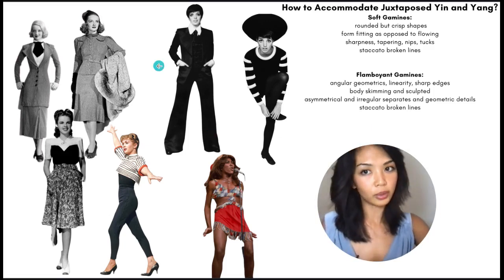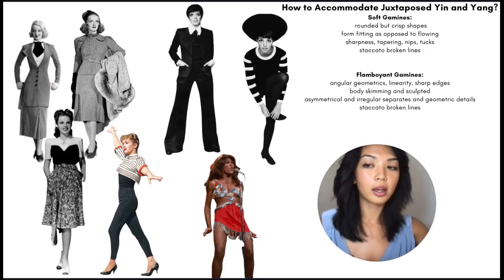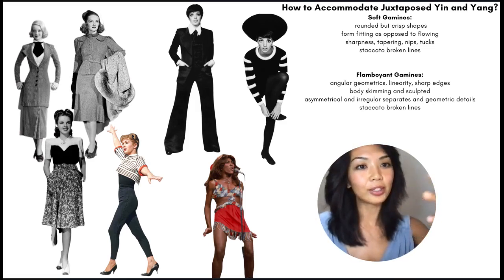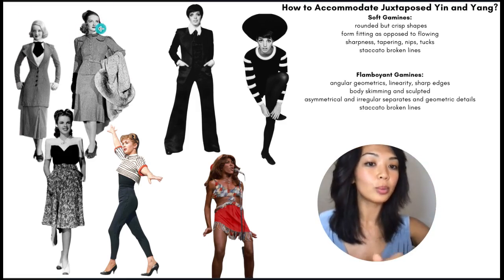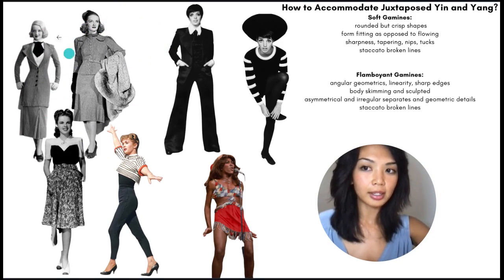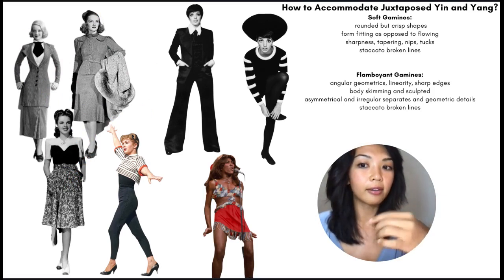Starting off with the soft gamines, you want to put them in rounded but crisp shapes, form-fitted, as opposed to very flowing. You want some sharpness, tapering, nips and tucks to reflect their own tapering, sharpness, nips and tucks. And that staccato broken line, they get super obscured by continuous spans of plain fabric. So here we're seeing that sharpness, tapering, staccato silhouette, a little bit of roundness, good contrast. Soft gamines look great with pattern on pattern. It looks fun and animated on them as opposed to super cluttered,